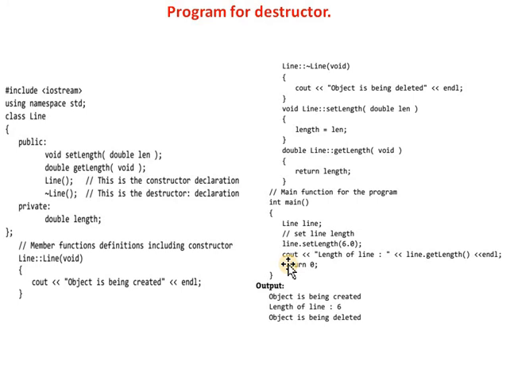And last, after completing the execution of the program, whenever the program terminates, the destructor function is automatically called. Whenever the destructor function is called, the destructor code is executed. In the destructor function, we return the output message "object is being deleted". So at last this displays the message "object is being deleted". This is all about the destructor function. See this program.